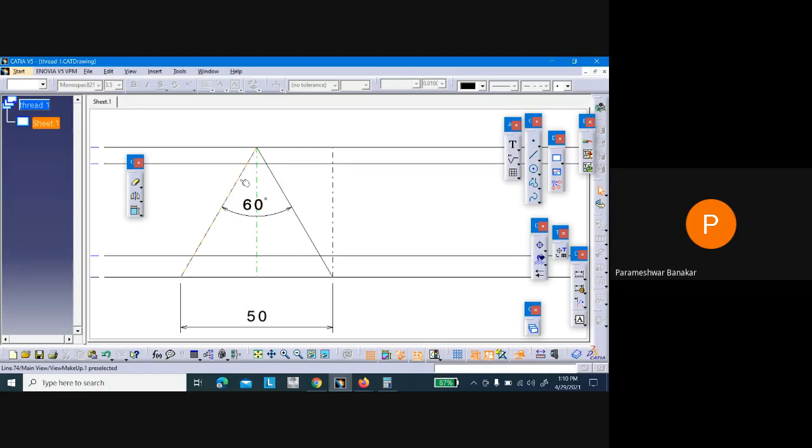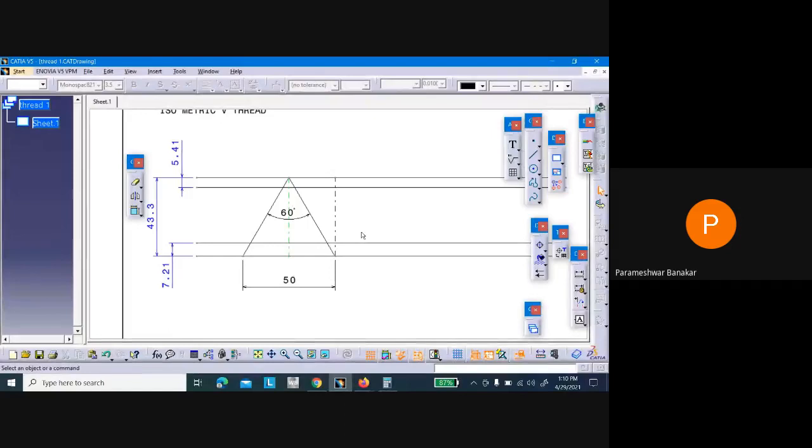So how is that clearance given? By giving a flat area, a flat curve, or you can say an arc, here. By doing that, we can have the clearance.